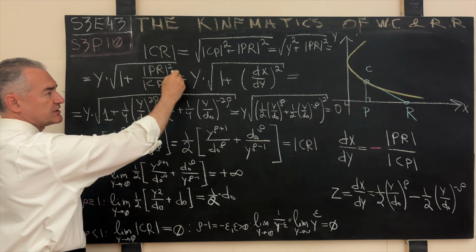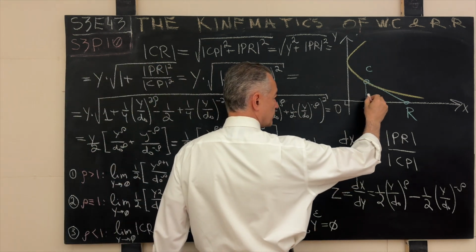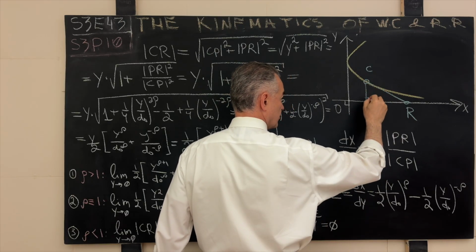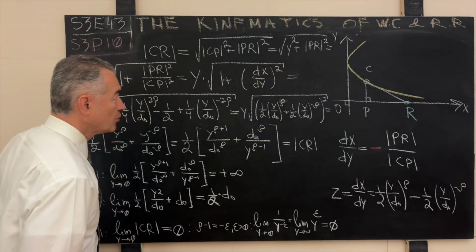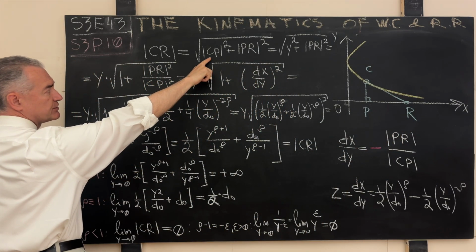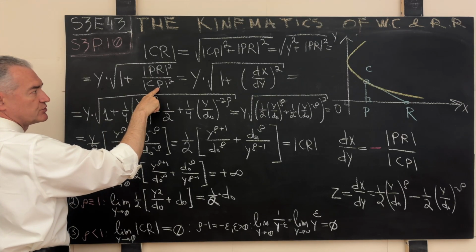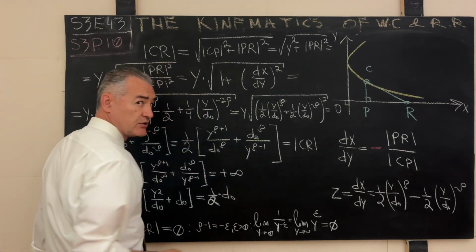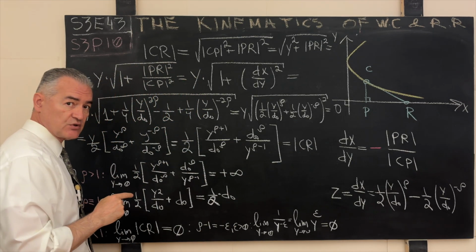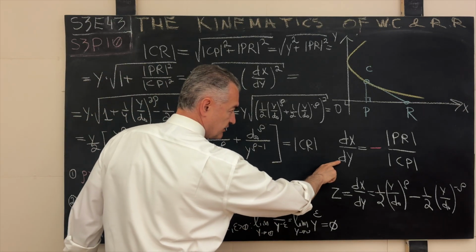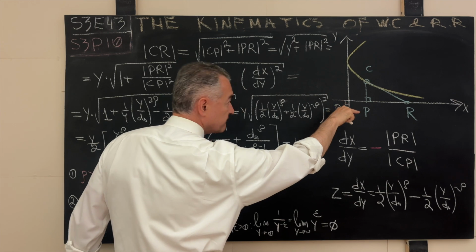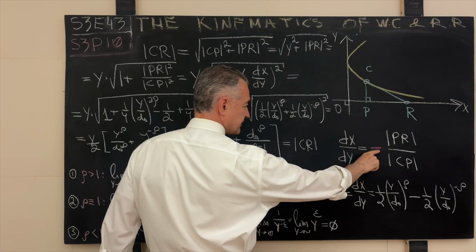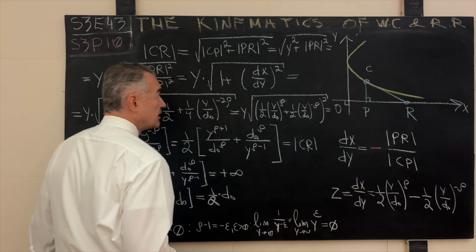So the distance CR is given by the Pythagorean theorem from the right triangle CPR, where P is the orthogonal projection of the point C onto the x-axis. We know that the distance CP is the y-coordinate. Once we factor it out, we move it into the denominator of the second term, and we already showed, remember earlier, I told you that we will reuse this relation when we constructed dx to dy when we were projecting the velocity vector of the chaser. We came to this relation. Don't forget the minus sign, but because we square both sides, the minus sign disappears.